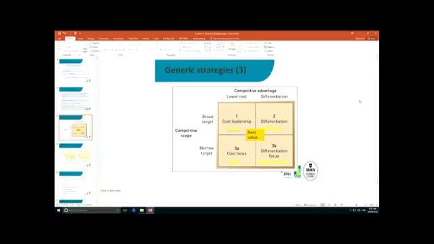Why don't all organisations say, great, best value, let's just do that? We don't have to be the cheapest, that's really hard. We don't have to be broadly differentiated, that's really hard. We don't have to service everyone, that's really hard. We don't have to be reliant on a single little niche, which is really risky. Why don't they all just do that?